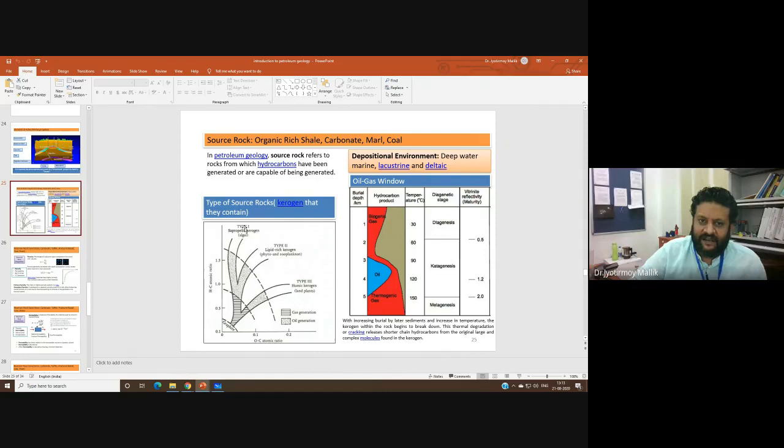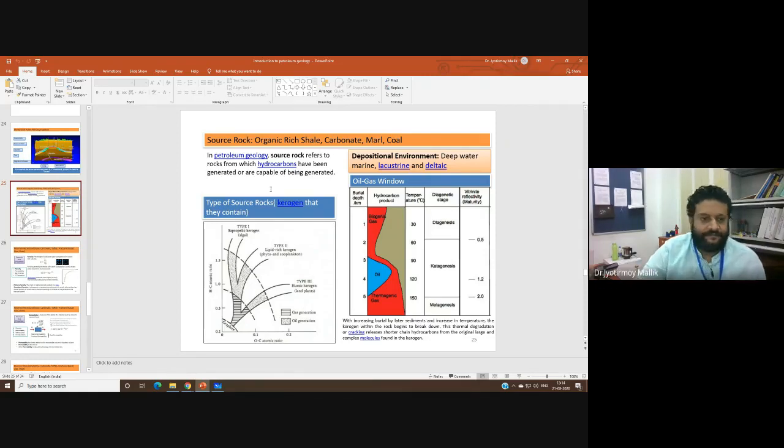So in a nutshell, the source rock is generally from where the hydrocarbon is generated. Stratigraphically, it generally sits deeper than the reservoir rock. It is generally made up of shale, carbonate, marl, coal, but most likely shale. And we can subdivide it into type 1, type 2, and type 3, type 1 being the most prolific one to generate oil. And then we study the vitrinite reflectance to find out whether it has enough maturity to form oil or gas, and whether it is well within the oil window.